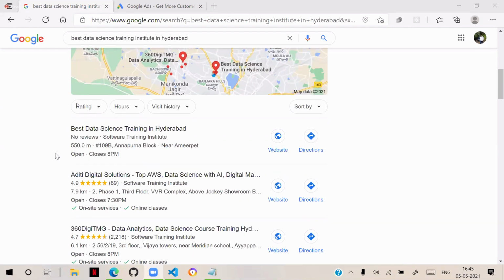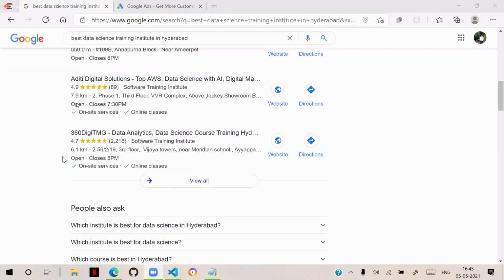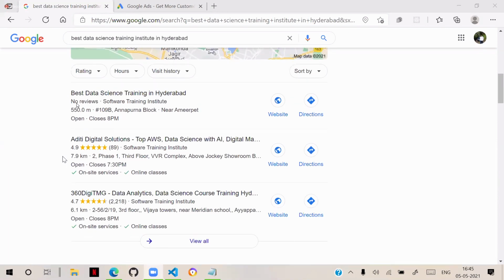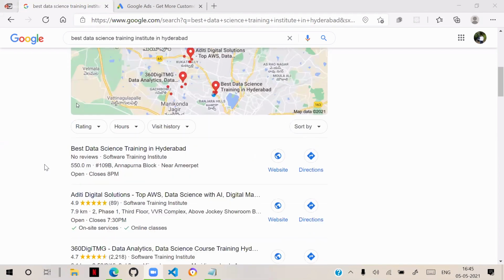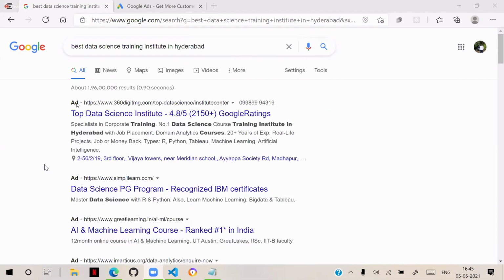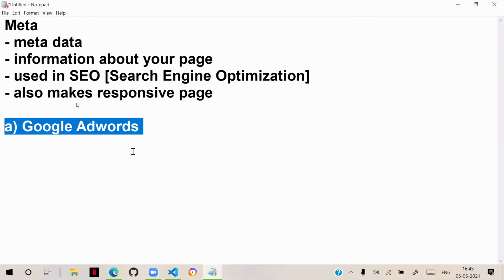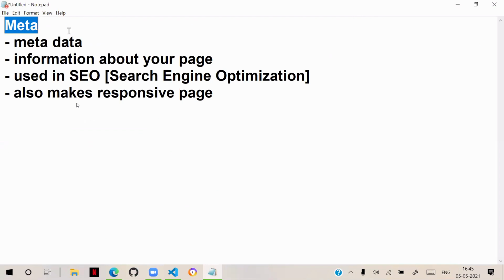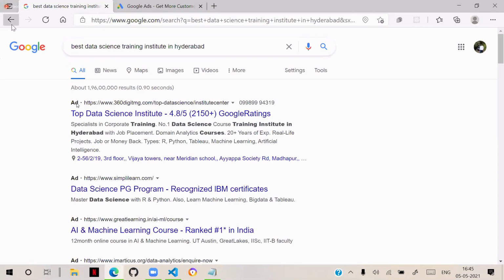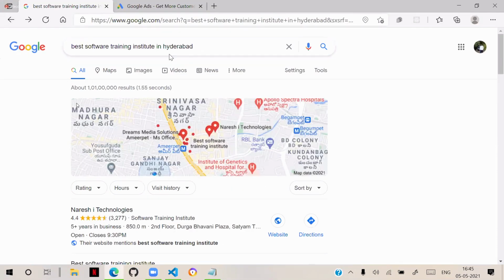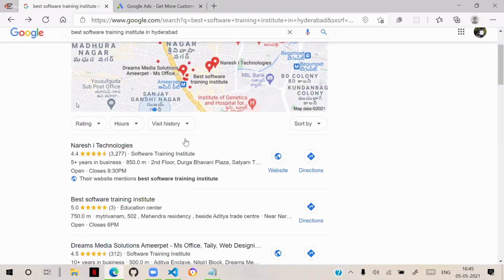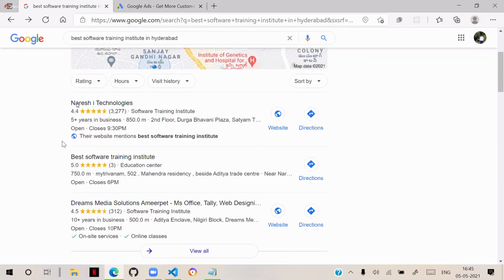And all are not paying. Others again, you see, some other websites came, they are not paying. Then how are these websites coming top? That is because of SEO, search engine optimization. That means our developers have to write and design the page in such a way that search engine can easily understand. You observe here, when I searched previously, best software training institute in Hyderabad, you see in the results, one word came.